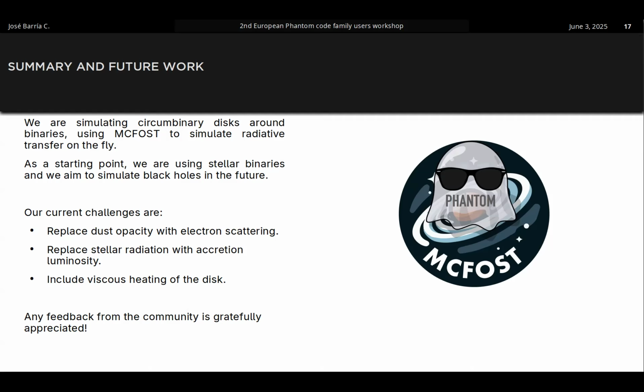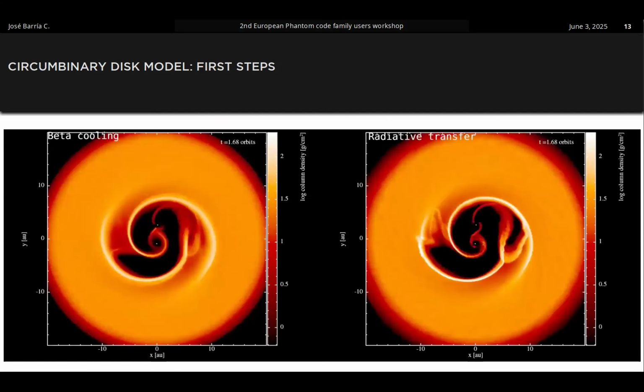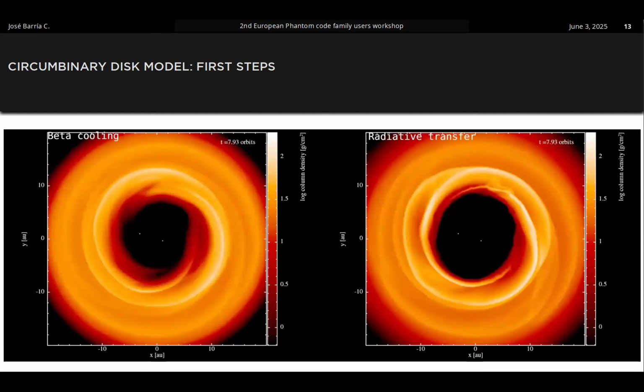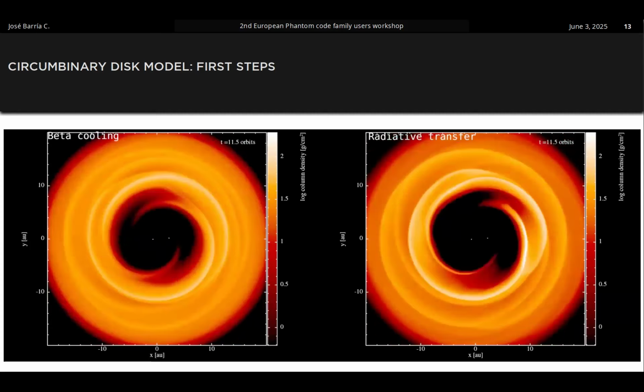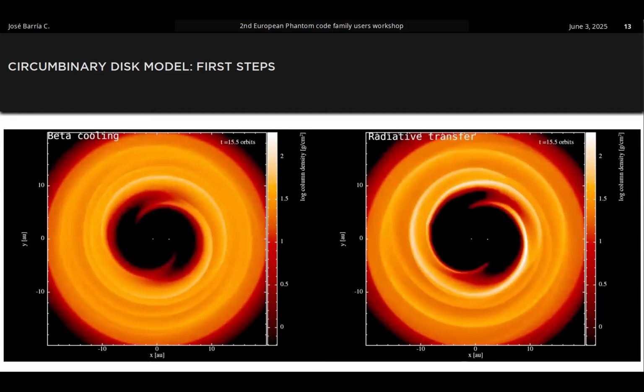Well, we are currently limited by speed, basically. So we tried to make this as fast as possible for the presentation. We use a low particle count, and that explains why you don't see much detail in the very inner parts. You see a circumprimary disk, but then it just fades. We don't have enough resolution in this part yet to be able to resolve it.